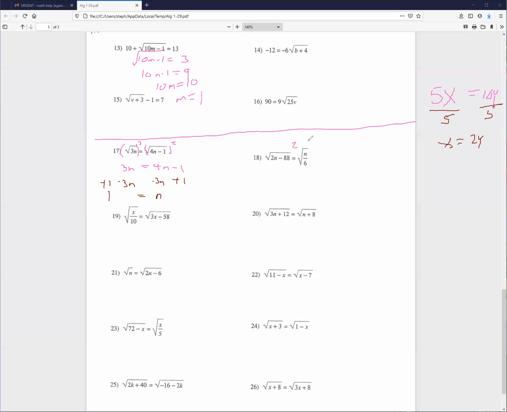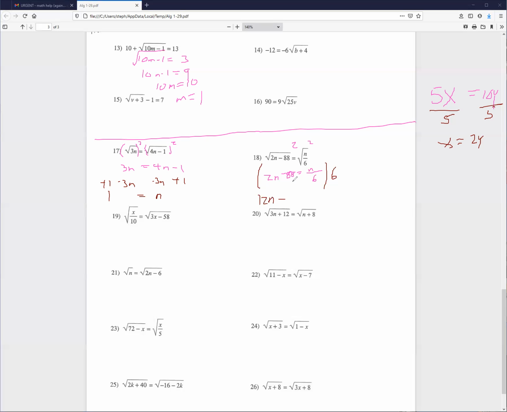Let's square both sides here. 2n minus 88 equals n over 6. All right, now this might be a little trickier to solve just because we got a fraction, and I know most people hate fractions. Why don't we make this a little easier for ourselves and say, let's just multiply everything by 6. I know that's going to make the numbers bigger, but at least we won't have to deal with icky fractions anymore. So 12n minus,